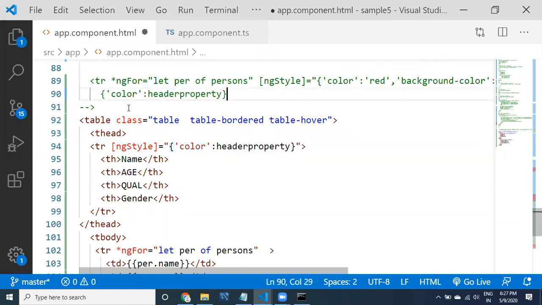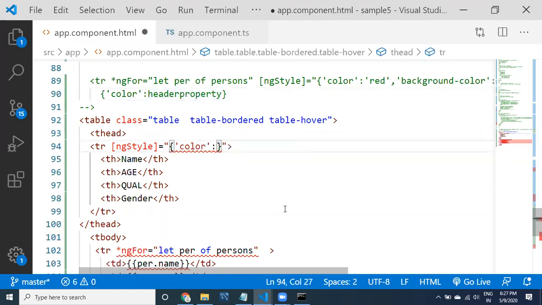Let me make it like this. Here what I want to do is color, right? So you can apply a kind of condition here. You can provide 1 double equal to 1, true or false, right? It's a condition that I have just provided. Here you may take properties and check some conditions.